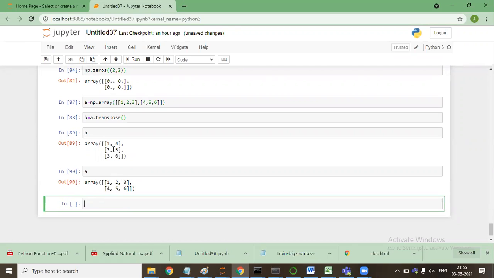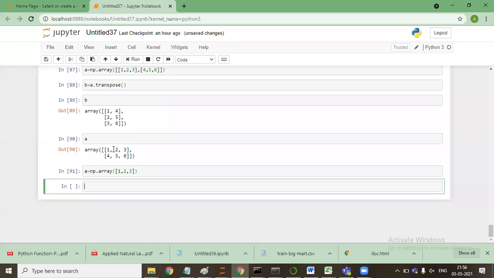Now I'll say A is equal to np.array (1, 2, 3). Now I'll say B is equal to np.expand_dims, let me try.